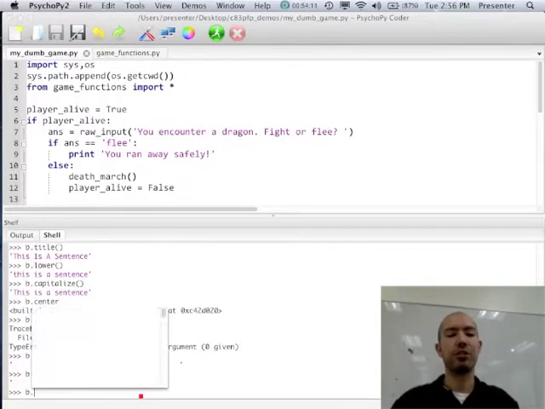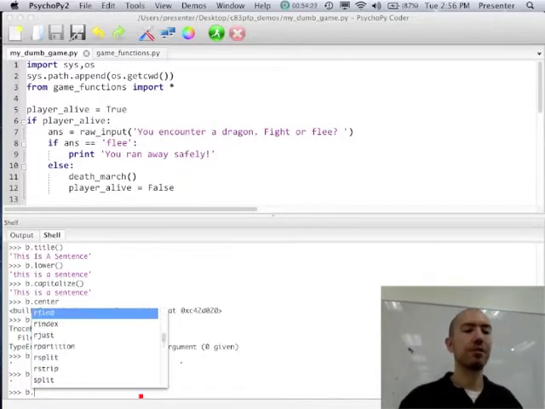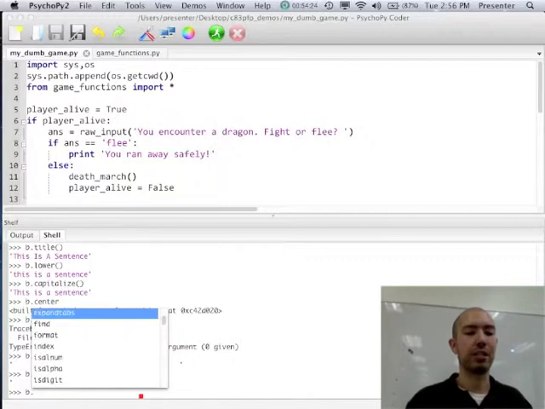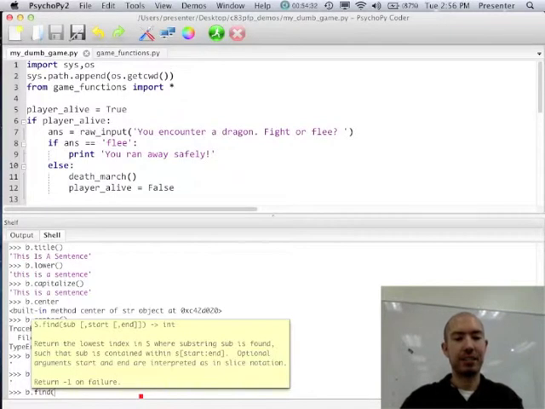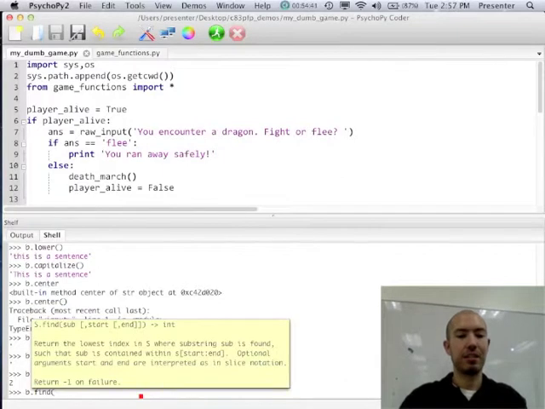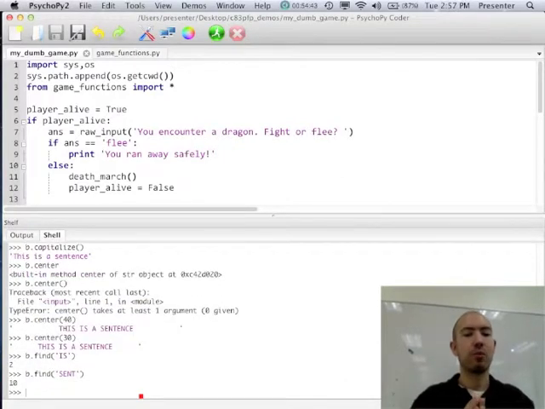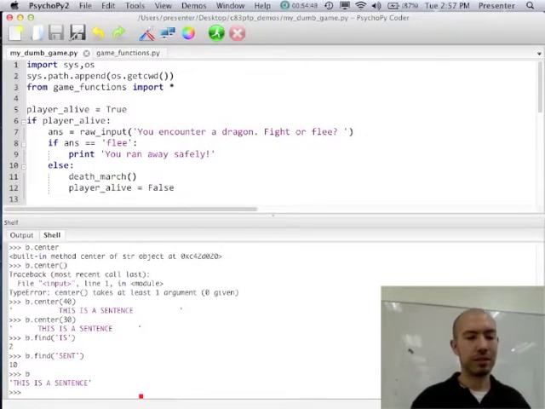But the main point to note is just that you have all these methods, so strings can actually do stuff to themselves, right? And this is something that if you do real programming, you find yourself doing all the time. You do things like find. So let's say b.find, or let's do b.find sent. What do you think, if this is b, what do you think this